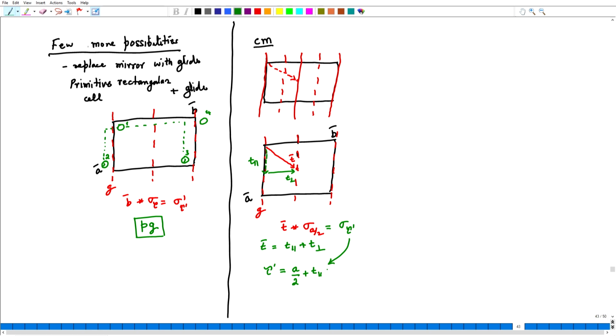Well, t parallel is clearly a by 2. So, I have a by 2 plus a by 2 and my new glide translation becomes a, but then a is a lattice translation.